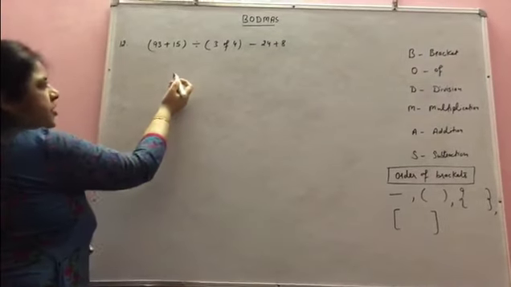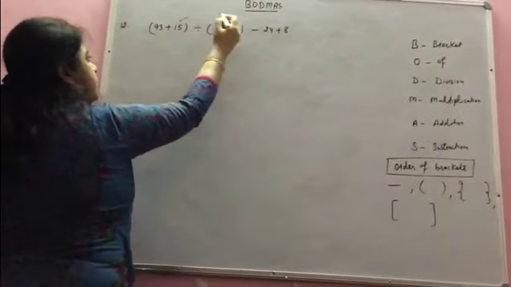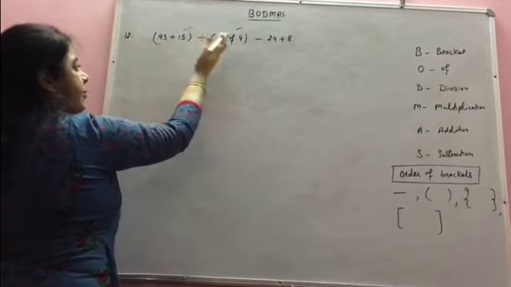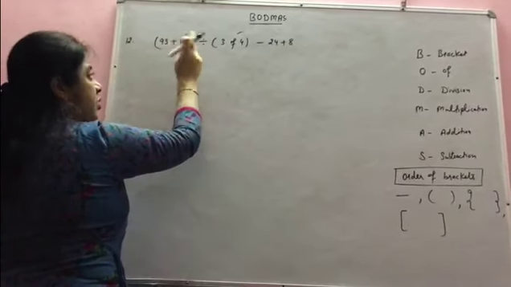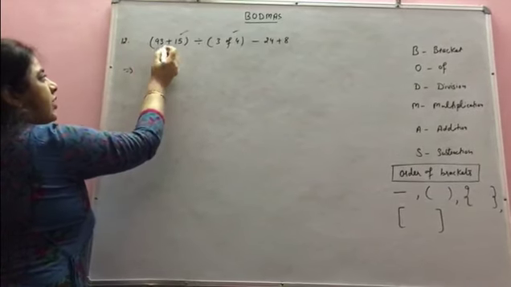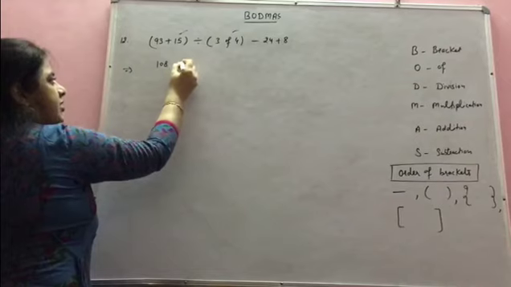Now the next expression is this. We have to solve this. Students, we have two small brackets. Those are not linked to each other. We can solve them separately side by side. Inside of this we have addition. So what will the answer of this be? 108. Now keep this sign as it is.